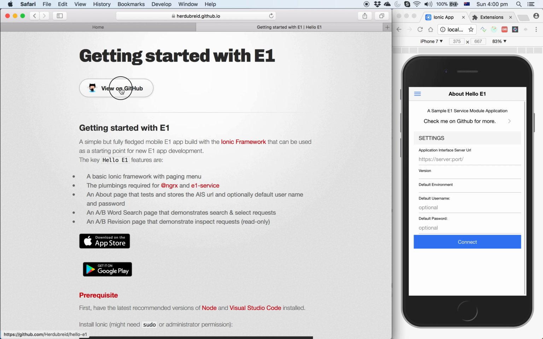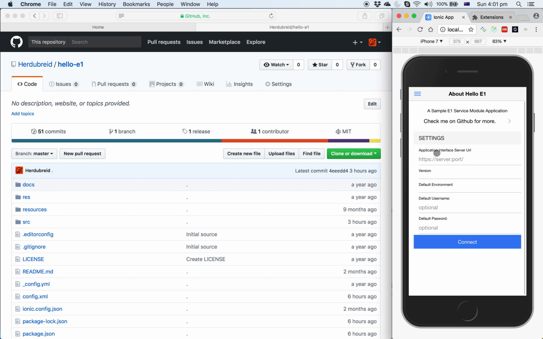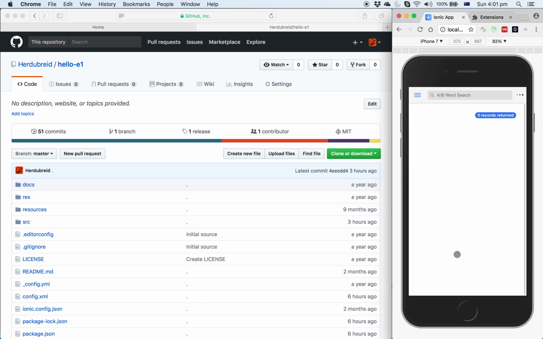You can also just go straight to GitHub and have a look at the code there if you don't want to download the code. So here in my browser I have it up and running, and it's open on the about page where I need to enter the URL for the IIS server. Not with HTTPS. Okay, so now it's configured, and now it just waits for me to enter in the word